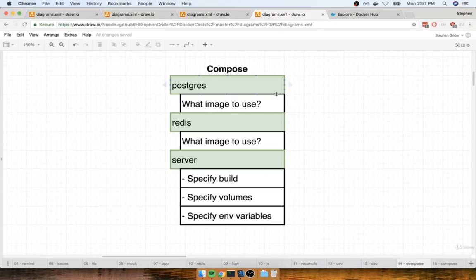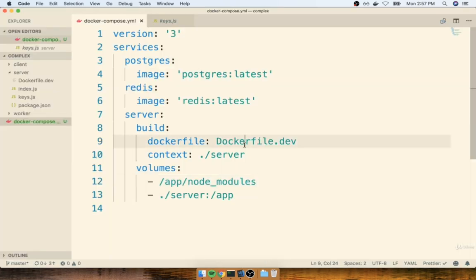In the last section, we set up some configuration inside of our Docker Compose file for Postgres, Redis, and our server. We have one last thing to do. We need to make sure that we provide some environment variables off to the server service. So inside of our Docker Compose file, here's the server right here,